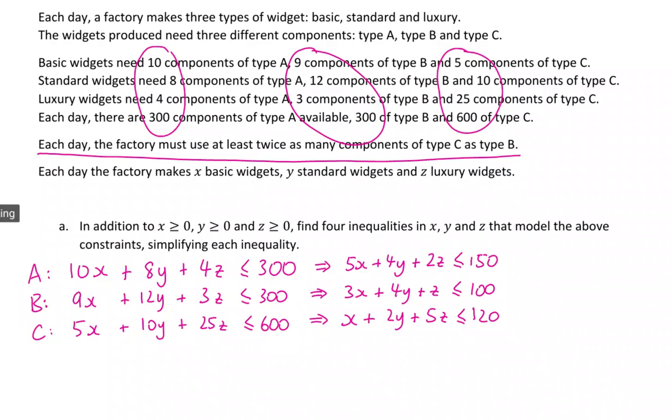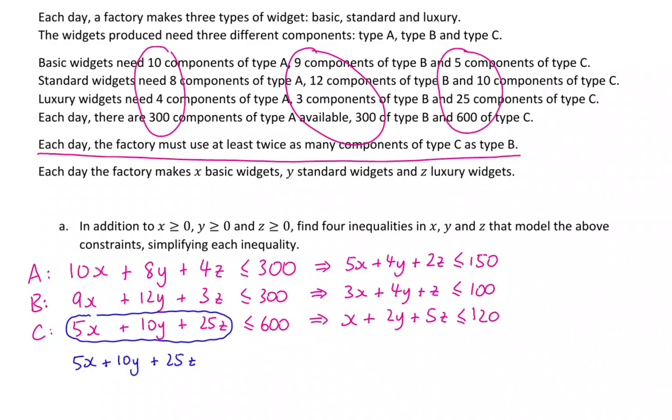So actually, this is describing the total number of components I need for type C. So I need 5x plus 10y plus 25z